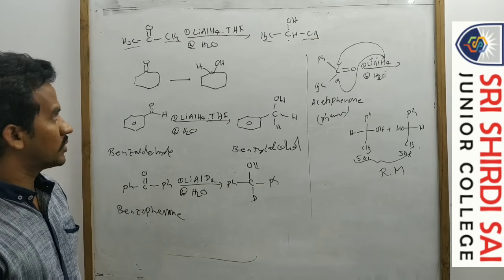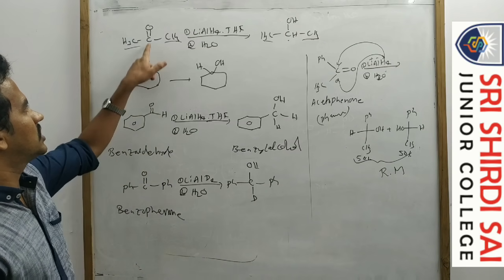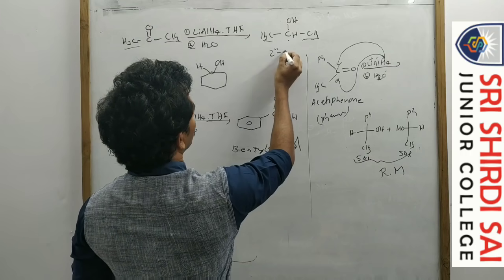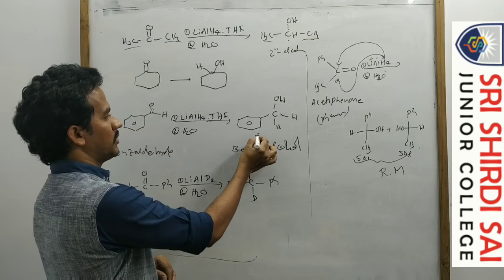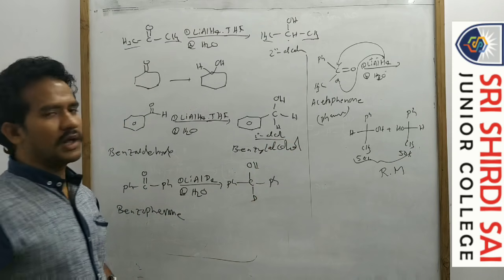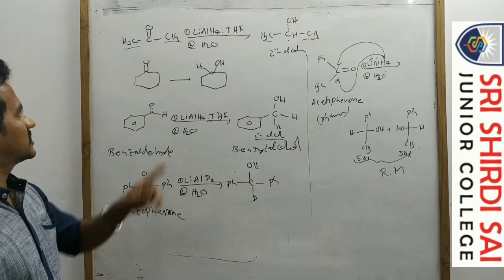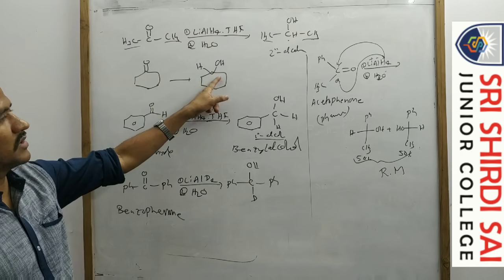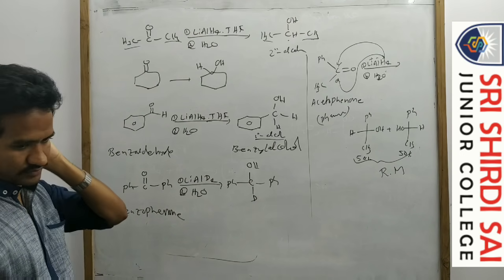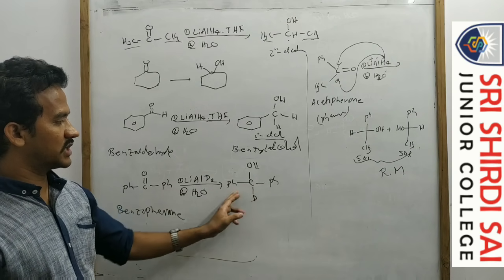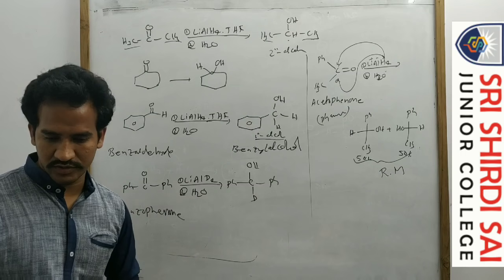Okay, so that is about the reduction reactions of lithium aluminum hydride with aldehydes and ketones. With ketones, what do we get? A secondary alcohol. With aldehydes, a primary alcohol. All aldehydes produce primary alcohols. All ketones produce secondary alcohols. Suppose it is a ketone, now it is a secondary alcohol. On both sides the carbon has one hydrogen, so secondary alcohol. The ketone gives a secondary alcohol. This carbon is bonded to two other carbons. Okay, so right answer.